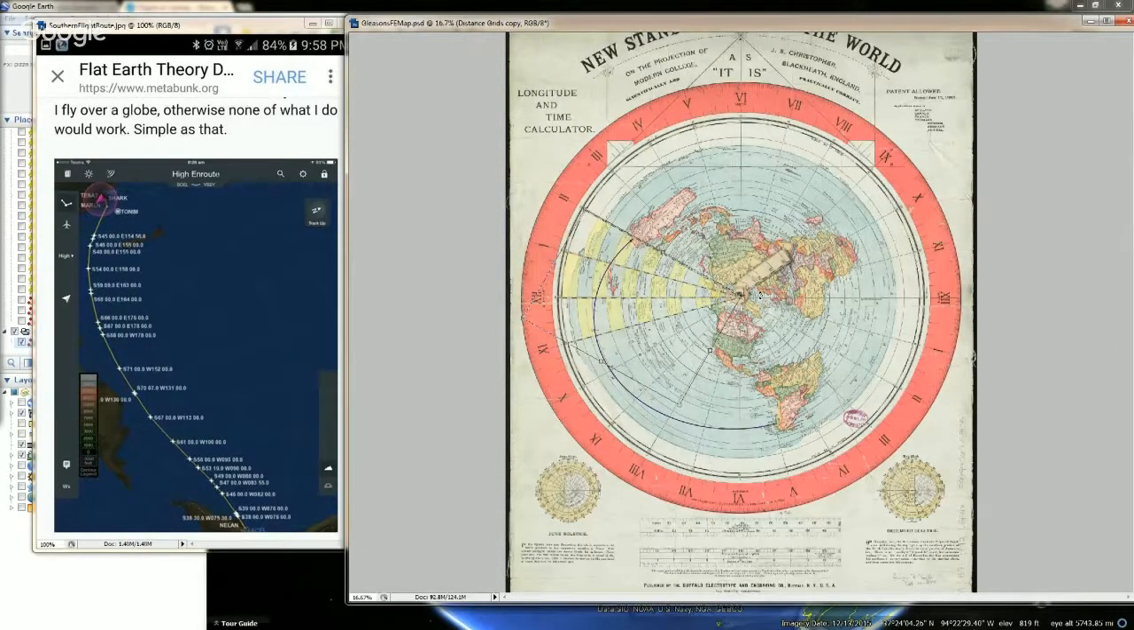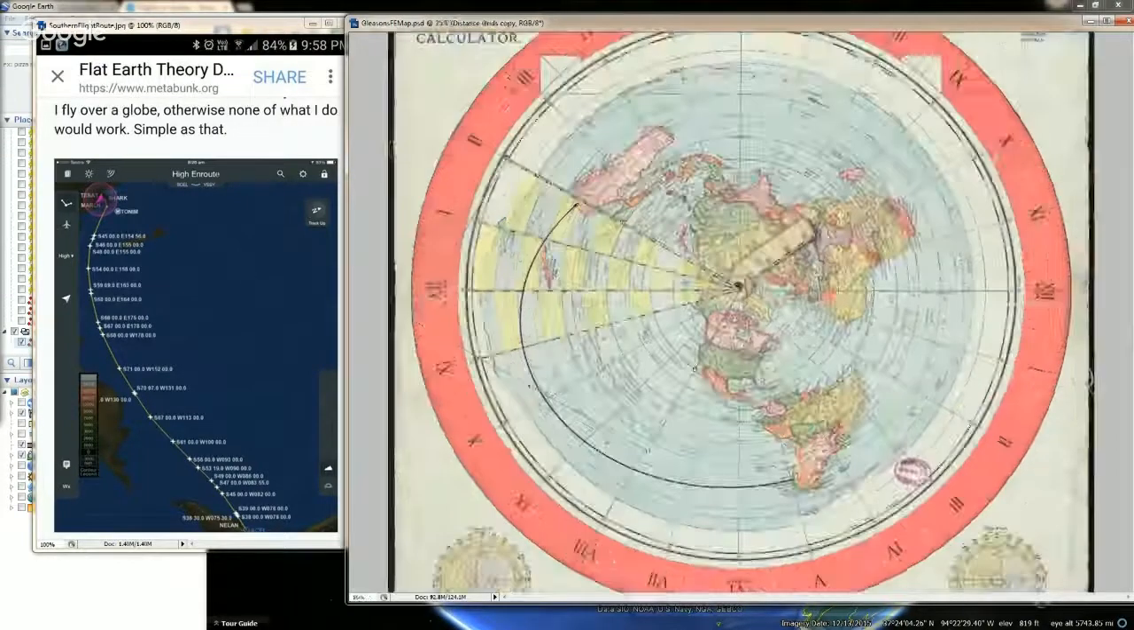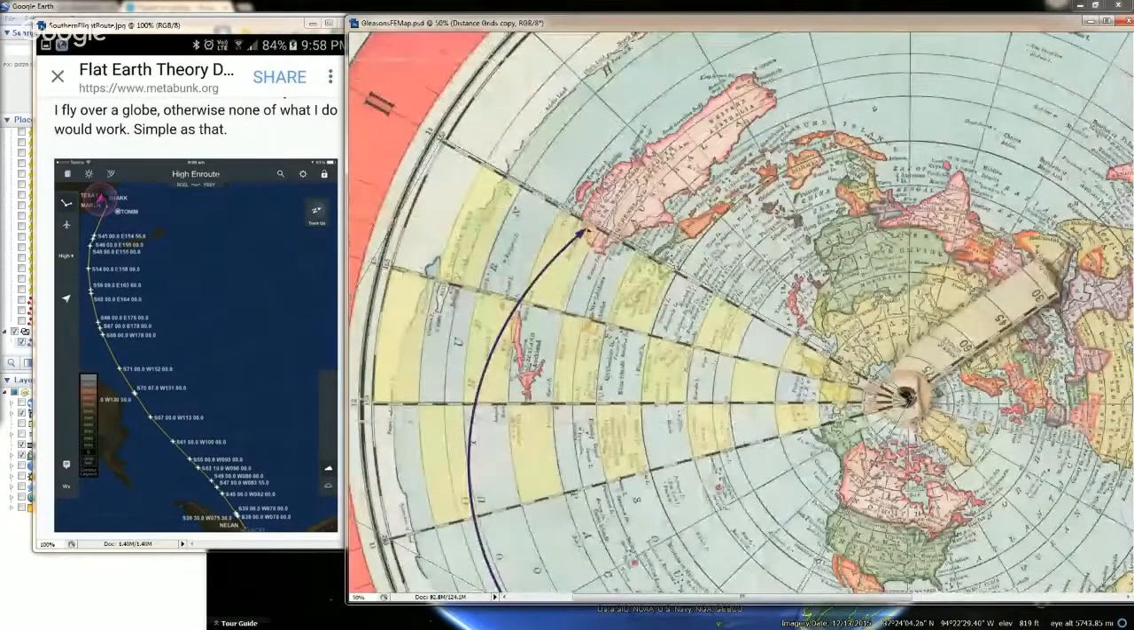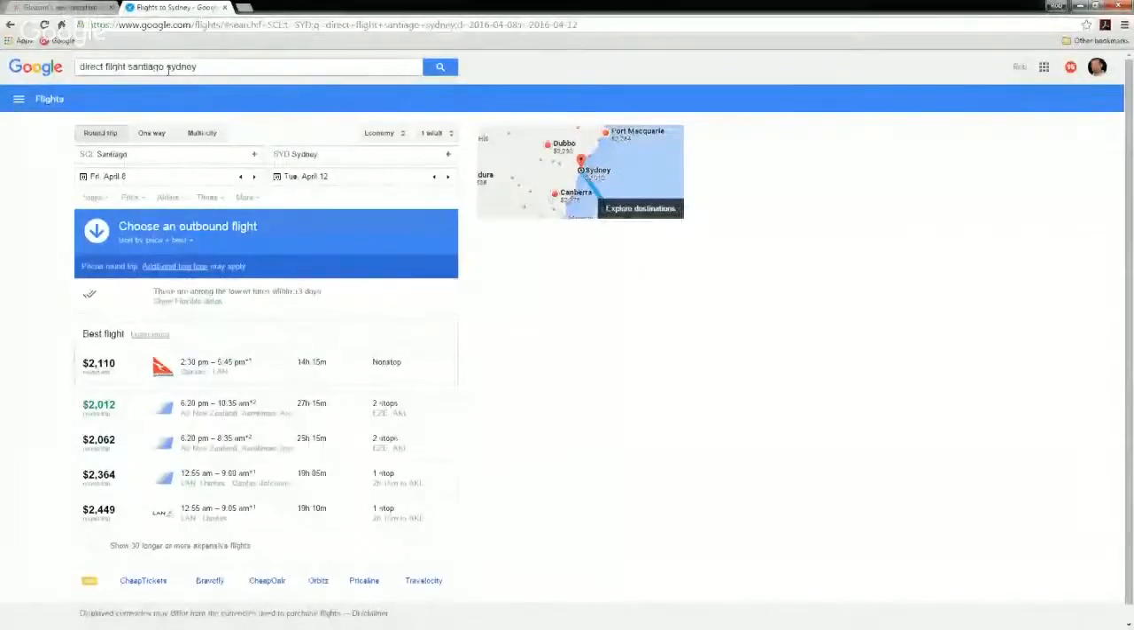So 2,600 times 3 is 7,800 miles. But if we zoom in here, this is past Sydney. Not sure how far the distance would be. And again, this is all very rough estimates here. But let's just say roughly 7,500. Well, if you go Google direct flight Santiago, Sydney, you got this Qantas flight right here, supposedly nonstop, 14